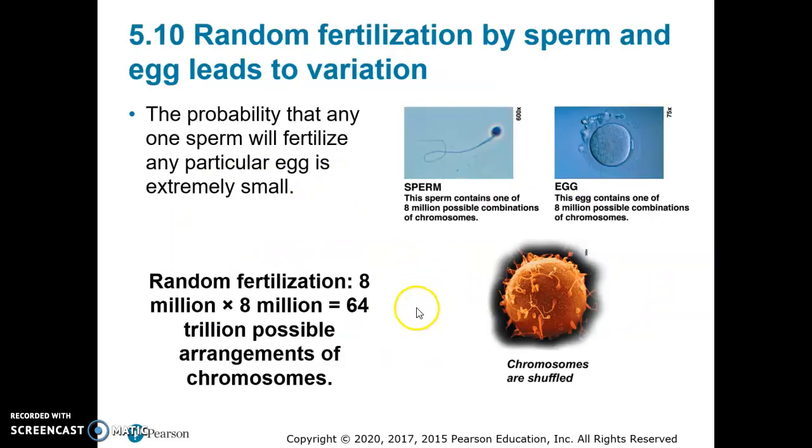Okay, and then there's the random fertilization of the egg and the sperm, and you'll get an idea of that from the video. If you watch that video on fertilization, you'll get an idea as to how fertilization is completely random. You have no control over which sperm is going to actually get to enter into the egg. And if it's that sperm versus this one, you can imagine